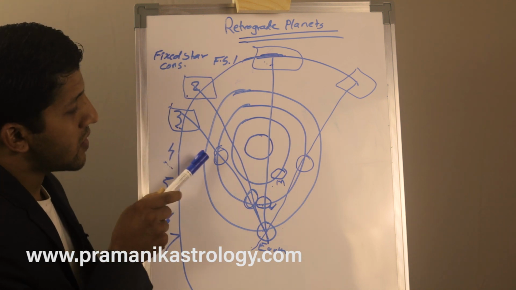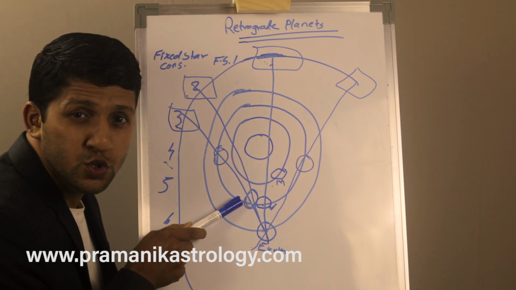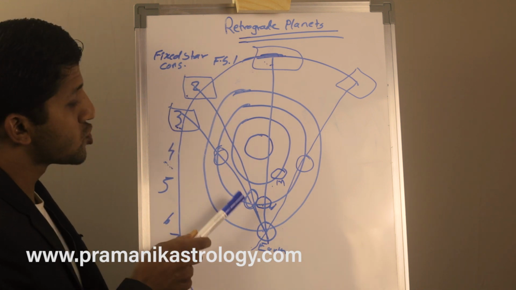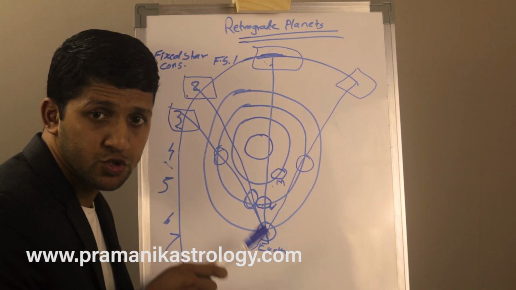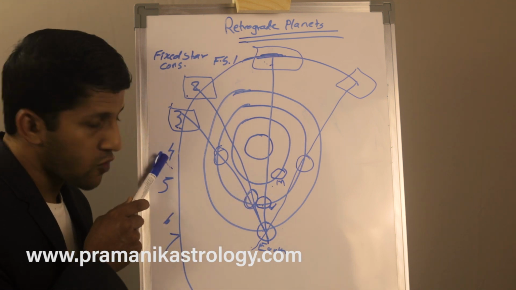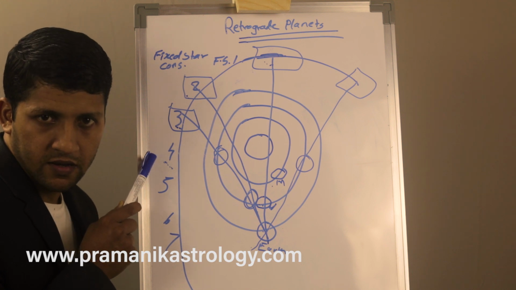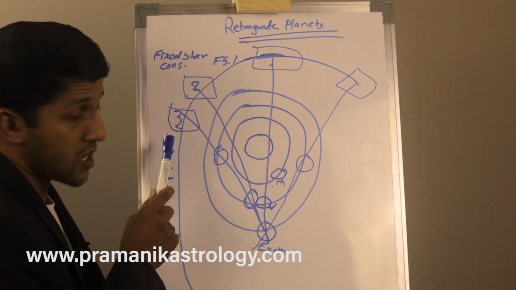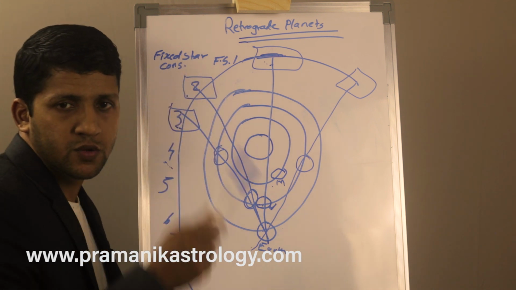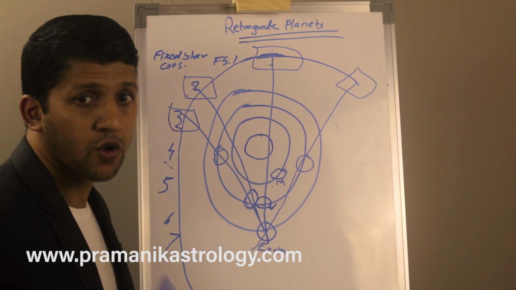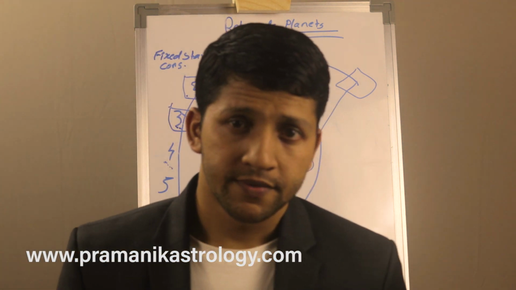Okay, now Venus is coming close, very close to Earth. And now what happens is, now we are looking at Venus and it appears that the backdrop is not the 4th star, which is the next star after the 3rd, but it is showing us the fixed star 3, fixed star 2, the fixed star previous to the 3. Okay, that's why we call it as a retrograde or Vakri. One thing here is sure, retrograde planets are very karmic.